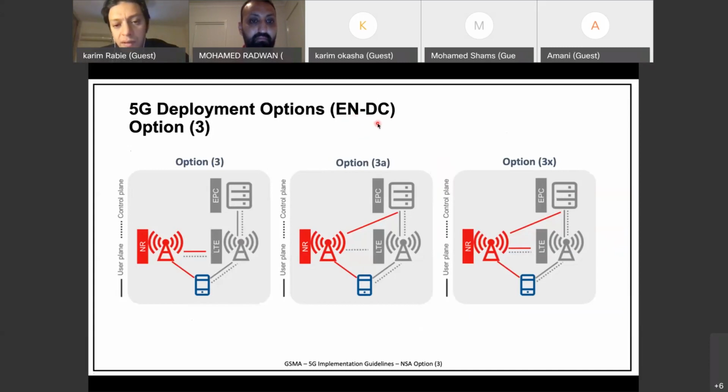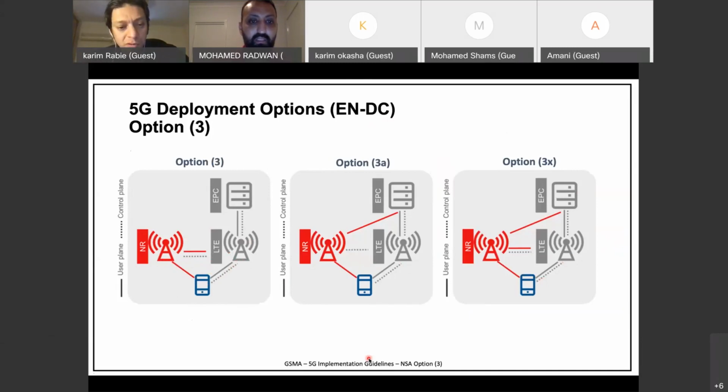So there is a new radio and LTE, and the EN, having the E first, means that the eRAN will always be the anchor point for control plane. For example, if you see this 3 and 3A and 3X from the UE perspective and the connectivity with the radio, the common thing, as you see, is that the LTE is always the one having the control plane. So the UE will still have the Uu interface, that's the interface name between the UE and the radio. The control plane will always be with the LTE.